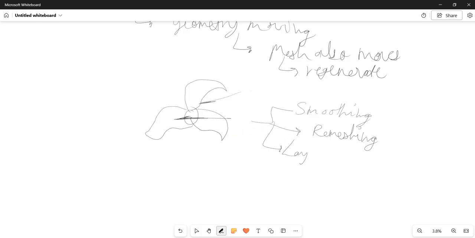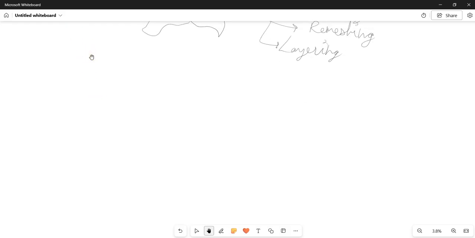So layering is where you put a new layer of mesh. You just put it on top of the old mesh, right? So that is everything about dynamic meshing. Apart from this, you have an important topic, that's FSI,